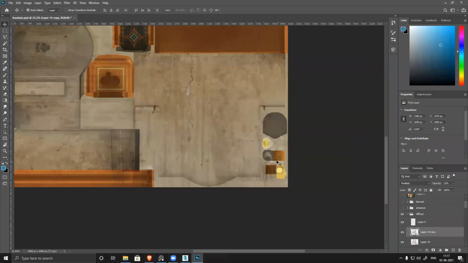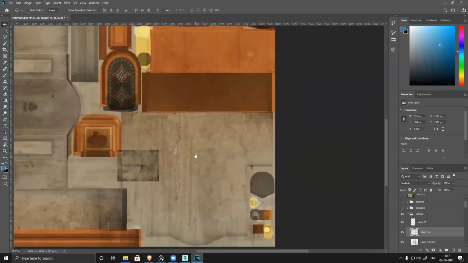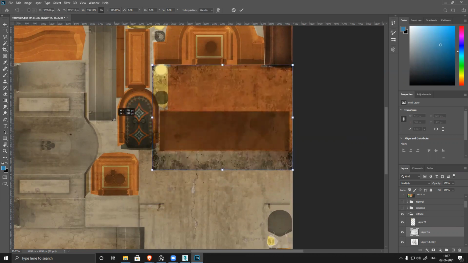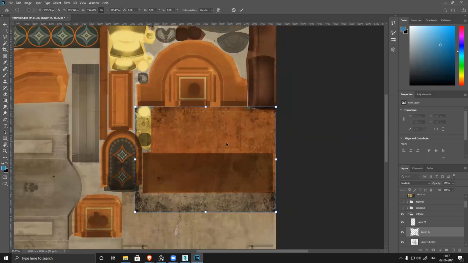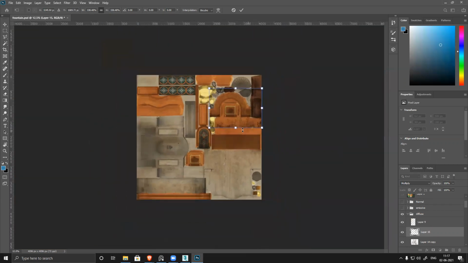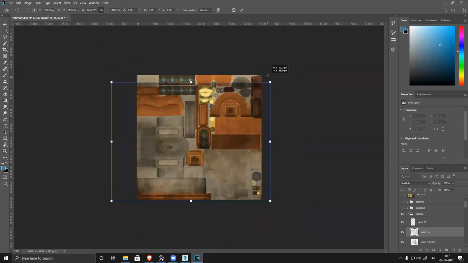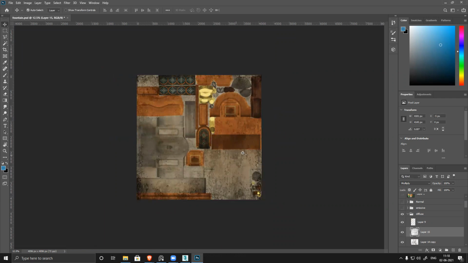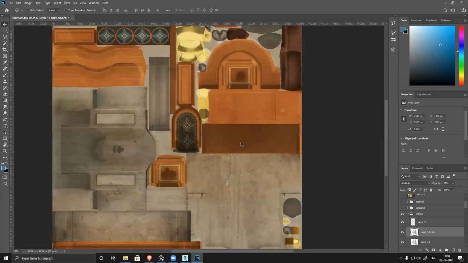Copy, multiply. So I want to make all this orange part a bit dirty. Looks pretty clean. It's too much. You can see it's too much and blurry. I don't like it. Delete.